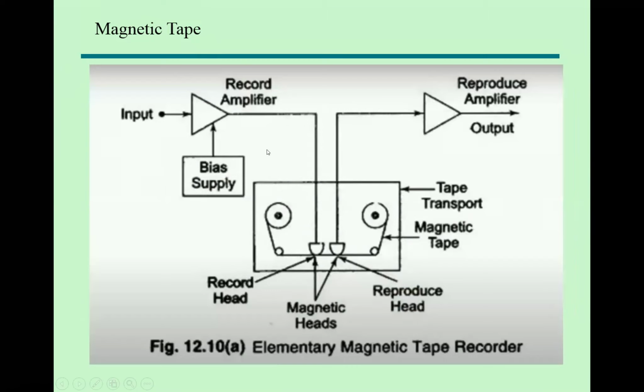How does it work? You might have seen that you can either record onto this magnetic tape or read the data from it. There are two heads given. One is for the recording purpose, and the second one is for reading. It is connected with a record amplifier or reproduce amplifier. In the record amplifier, you give an input, and accordingly there is one coil which simply changes the bits on the magnetic tape as per the data.